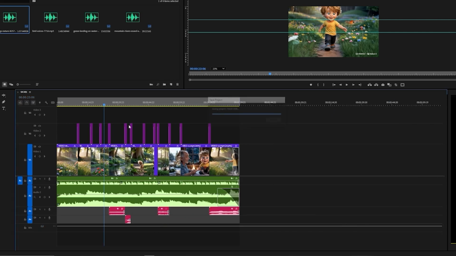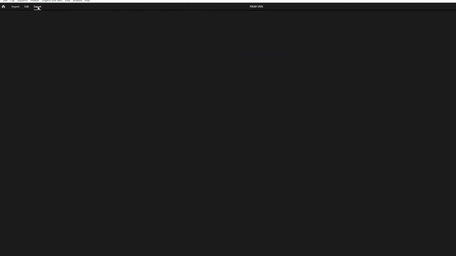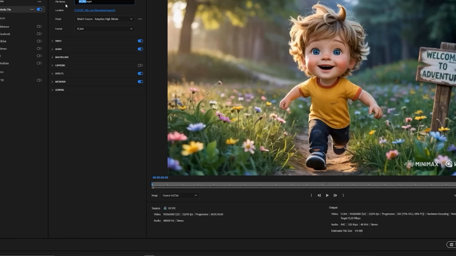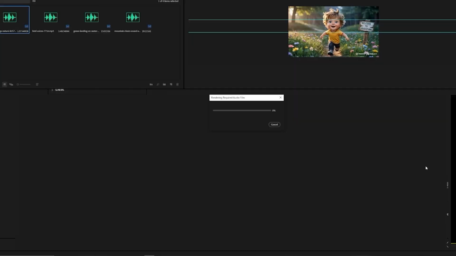After putting in the sound effects, let's go export the video. Hit export at the top, choose the name of the folder to export the video to, and the format. For the format, I recommend you use H264, which would be MP4. It is a lightweight file and good for YouTube. When you are done, press export.